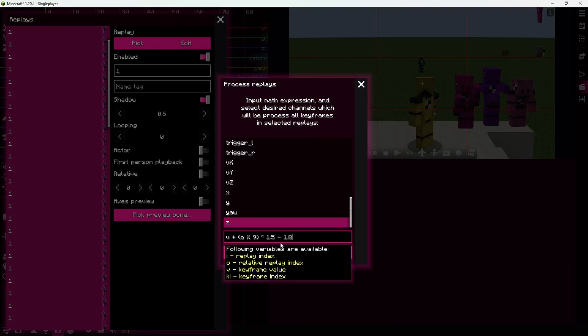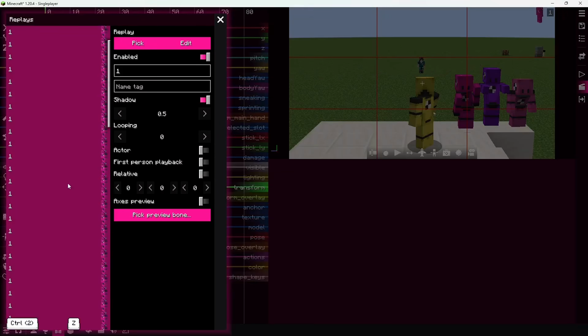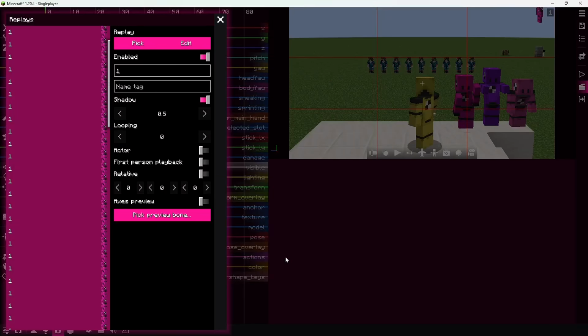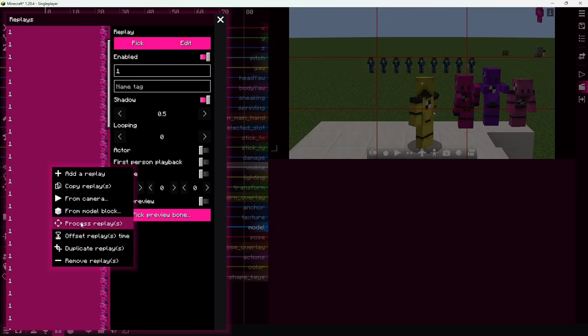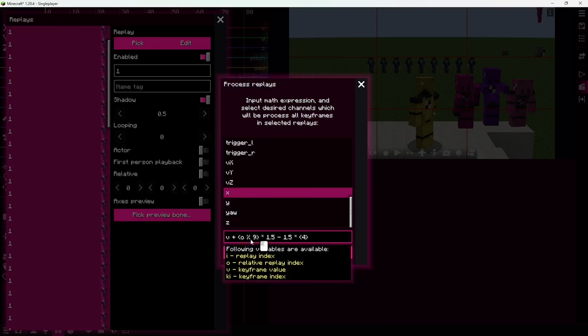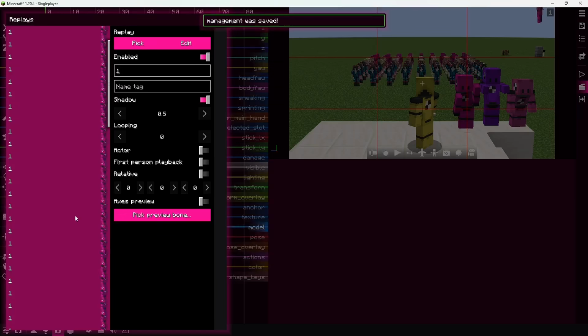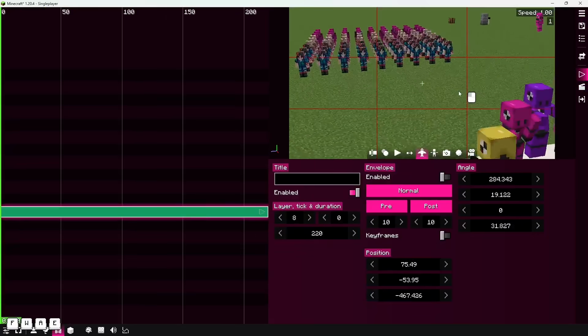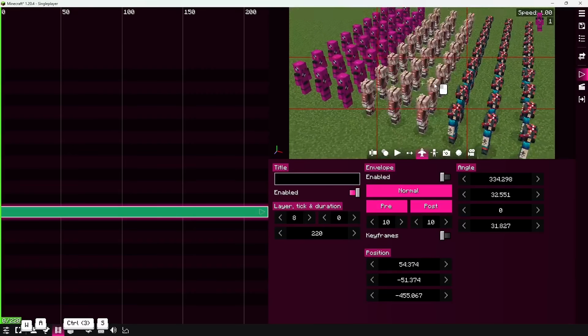Minus 1.5 times, so 4.5. Almost. I guess just 4. Yeah. Now let's do the same thing on the x-axis, but instead of using the modulo operator as a percent, I'm gonna use this one. And now we have an army, or rather a crowd. Let's see how it looks. Yeah, they are